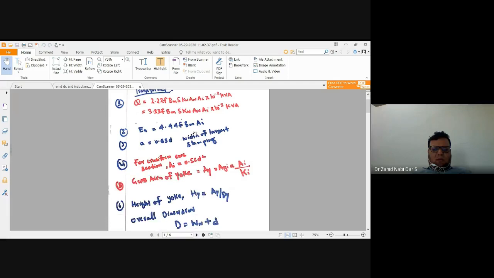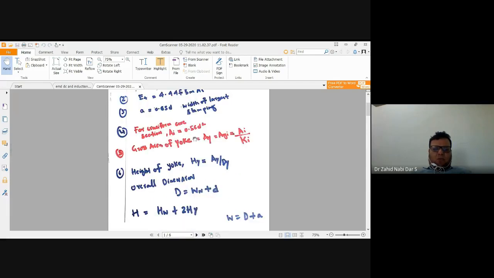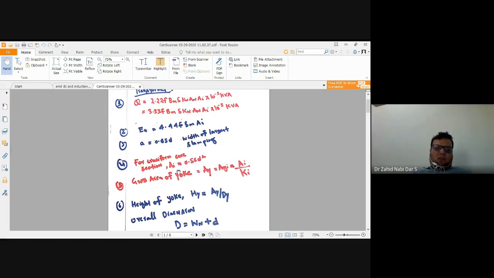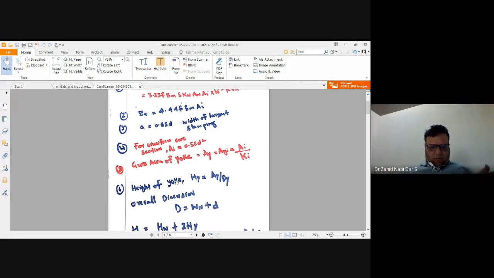Once you get the value of Ai, you substitute it in this equation and get the value of Aw. Or you can also calculate Ai from d. If the value of d is given, then Ai is equal to 0.56 d square for cruciform. For other cross sections it is a slightly different value. Check your class notes, and I have also given the entire module 5 notes, where you can check. This is only formulas for last-moment remembrance.